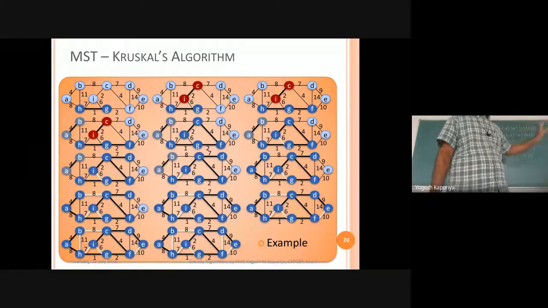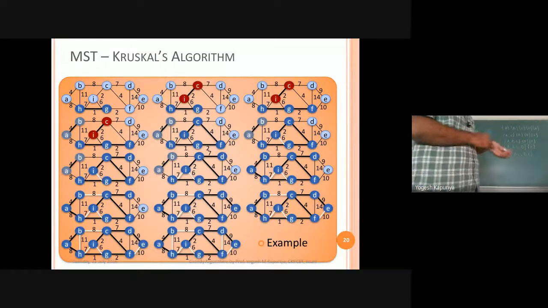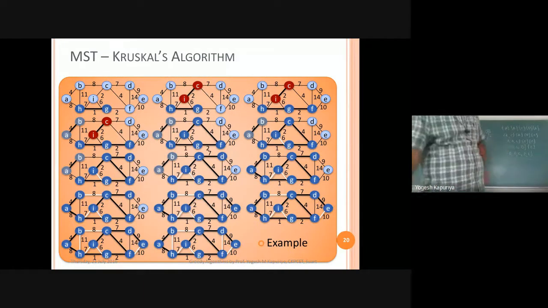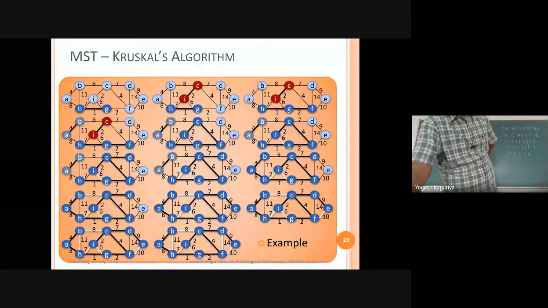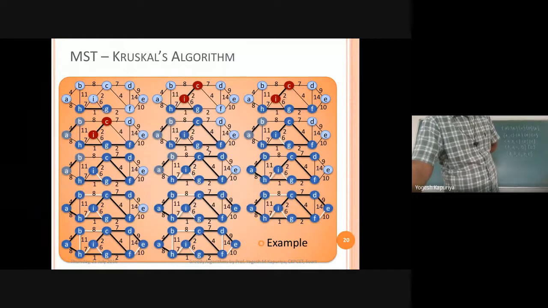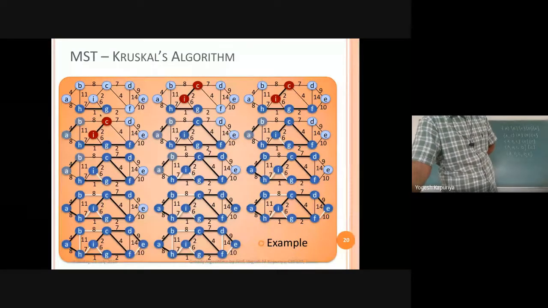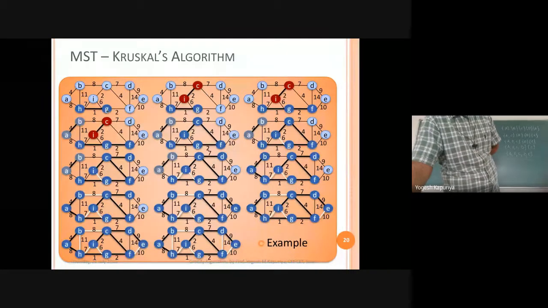So we'll just have a quick overview of what we are doing. First we have this graph which is given, the same graph which we discussed in the example. Obviously you require a sorting first. When you sort this, the first edge will be the edge between H and G. H and G are not connected, so that edge will be part of your minimum spanning tree.